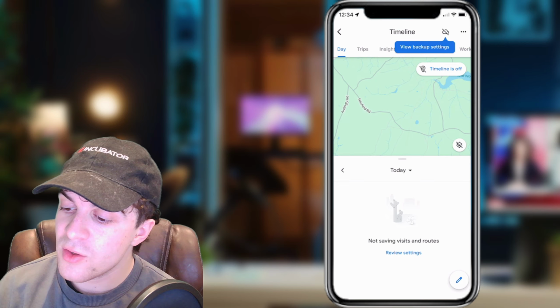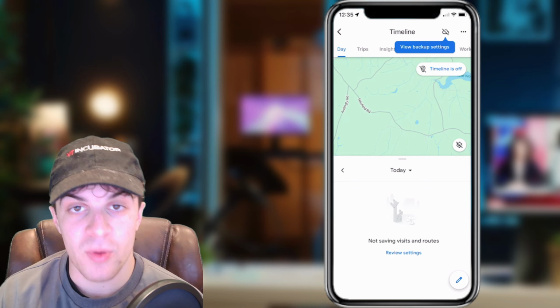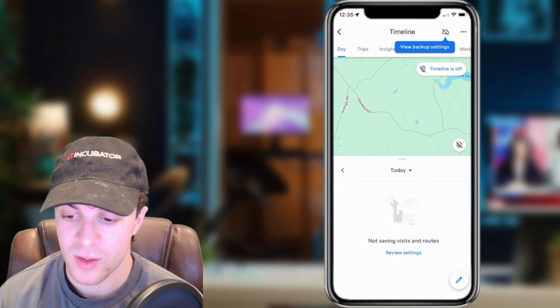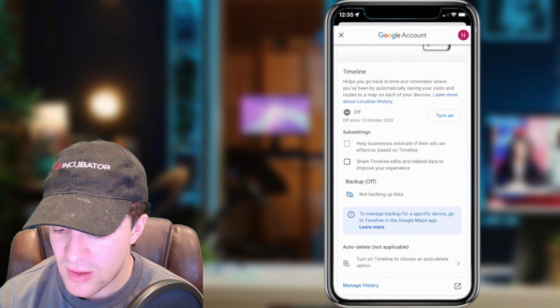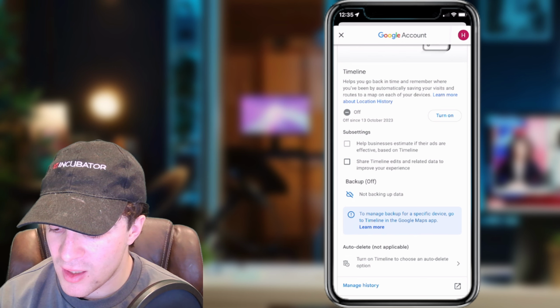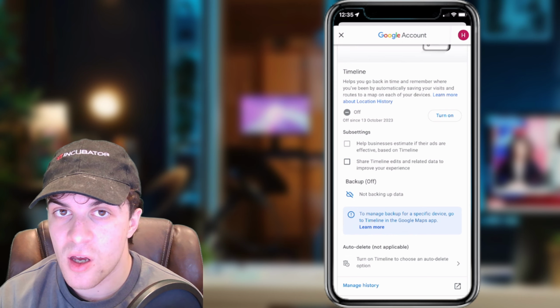But once you're ready, what you can do is you can see here it says timeline is off. You want to go ahead and tap on that, and that's going to allow us to turn timeline on. So tap on that button there. This will open up your Google settings, and you want to scroll down a little bit and you can see it says timeline, and mine's off. You want to press on the turn on button, and that's going to go ahead and turn on the timeline